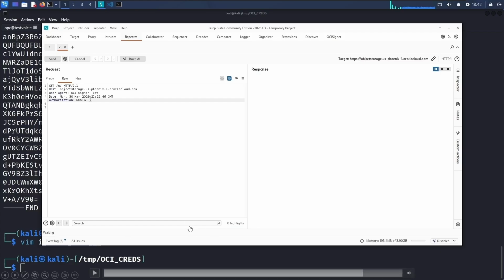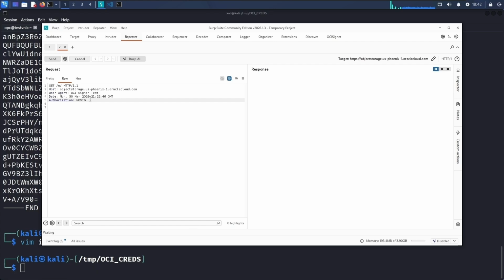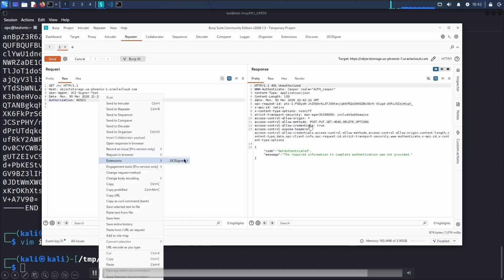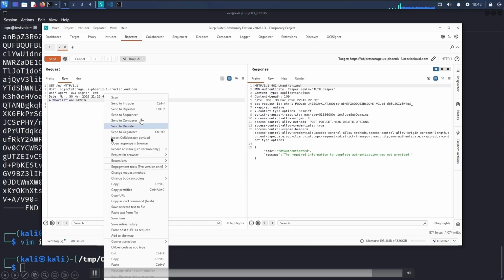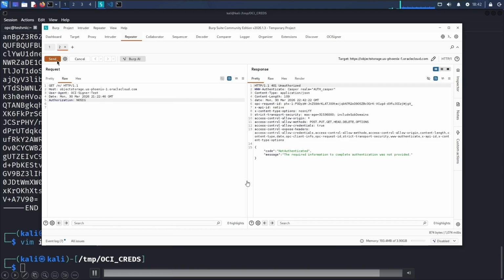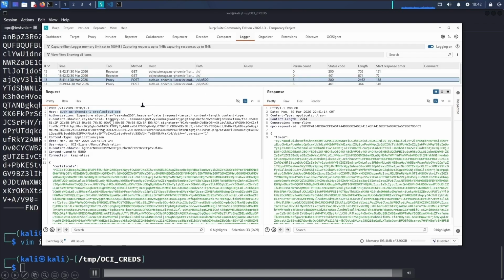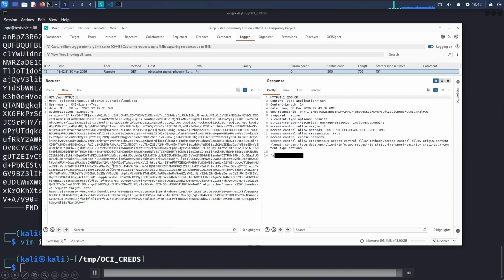So to validate that, yes, we correctly have a token for that compute instance and can sign things as that compute instance, I'm going to call the get namespace API. What we'll see here is it says, nope, you're not authenticated without any signature. I'm going to go ahead and turn on my signing profile. Hit send, and a second later, there it is. And so if we go to our logger tab and we check what was actually sent, you'll see that no signature was replaced with this.